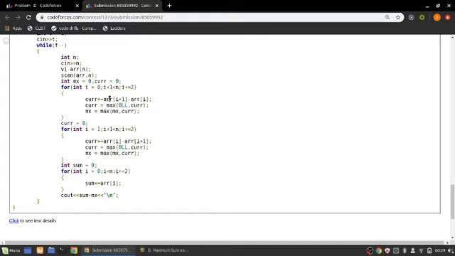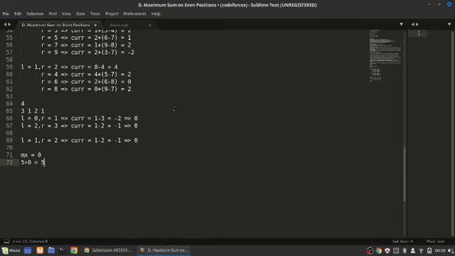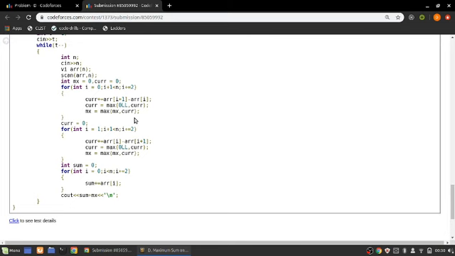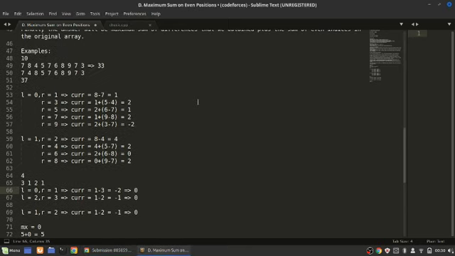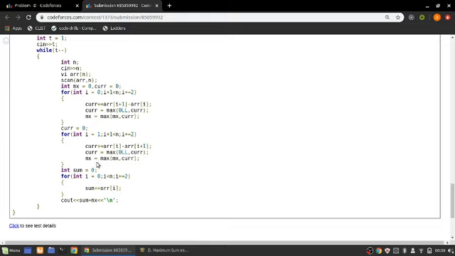even subarrays. Now current plus equal to the difference between the odd position minus the even position. So the odd position will be I plus 1 and even position will be ARR I. Now as we discussed here, if it is negative we make it 0. So current equal to maximum of 0 and current. Now the maximum that we got, at each step we need to update it. As you can see, it may decrease, so we cannot do it at the end. So mx equal to max of mx comma cur.